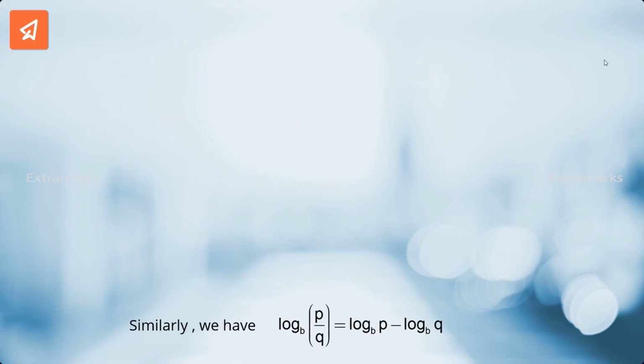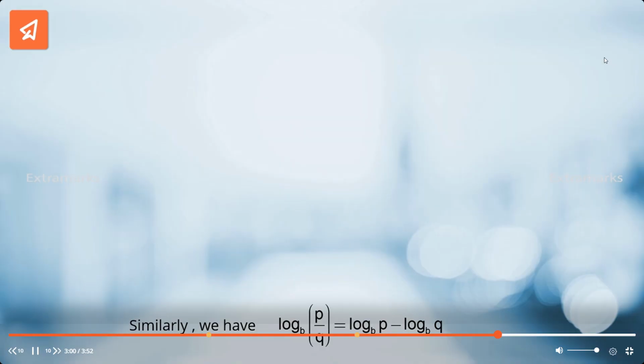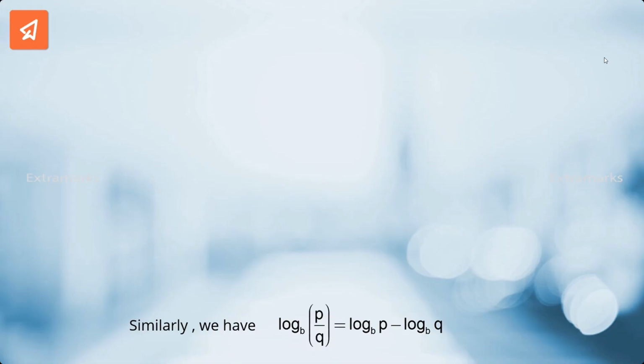Let us understand it with few examples to get a feel for this. We know 3 raised to the power 4 equals 81. In terms of logarithms, we may rewrite this as log of 81 to base 3 equals 4. Similarly, 10 raised to the power 3 equals 1000 is equivalent to saying log of 1000 to base 10 equals 3